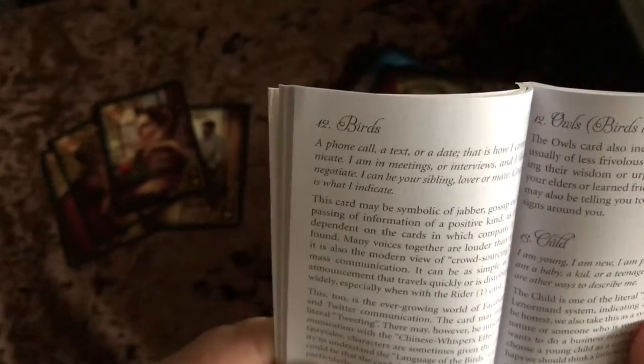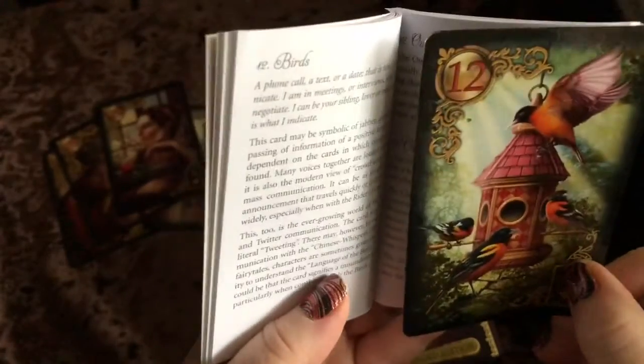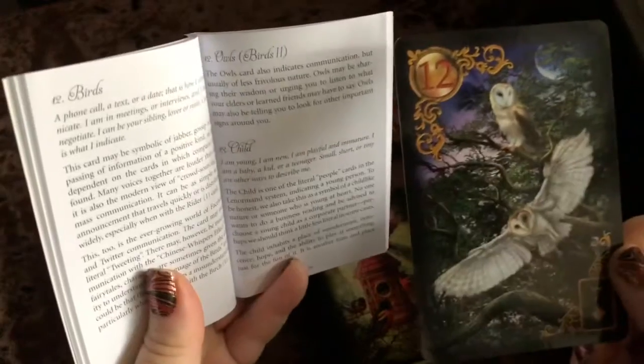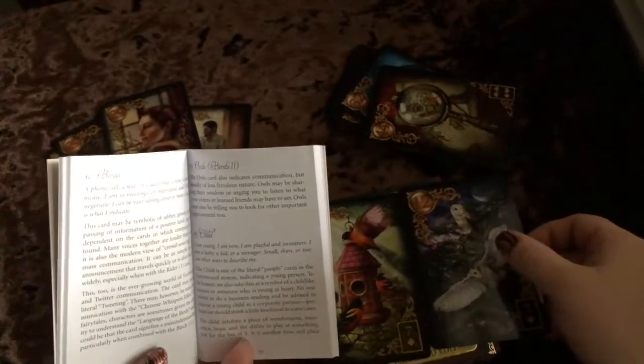And in the book, if you could see this, there is a section for the birds, so I'm guessing that is for this card. And then it has the number 12 again, with the owls, which is this card. And it says birds too. So we'll just read those really quick just so you can get an idea of what the book says. So for this one,